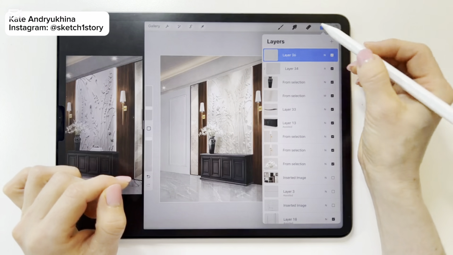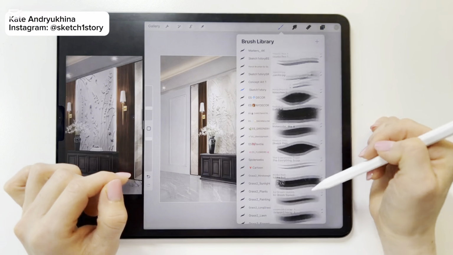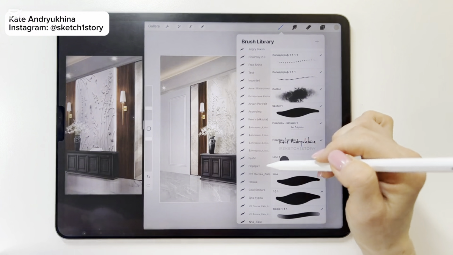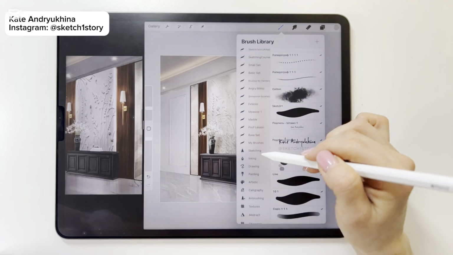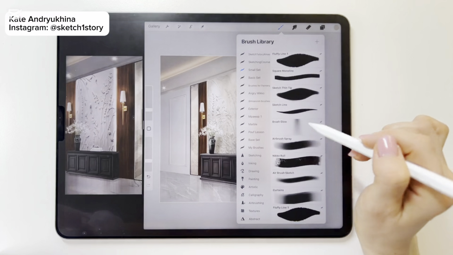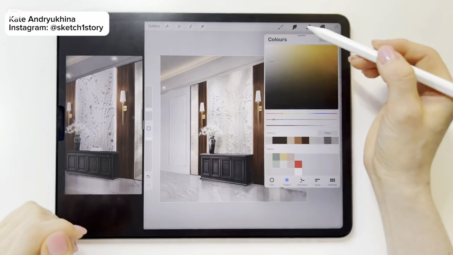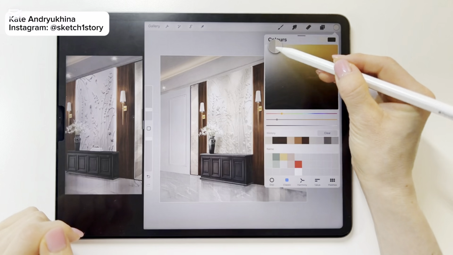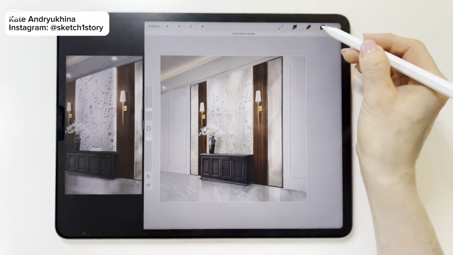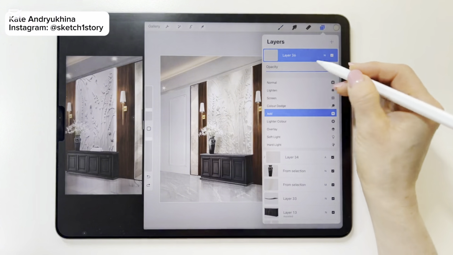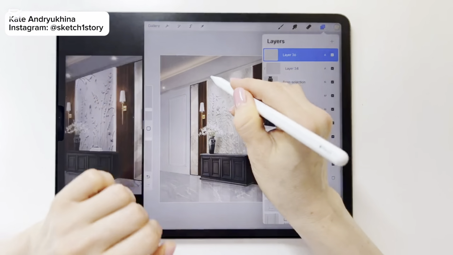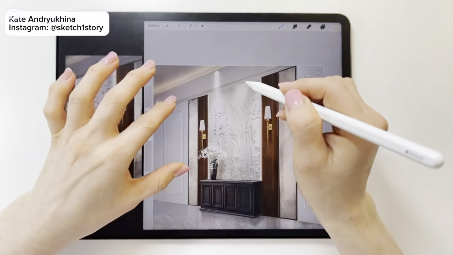I create a new layer, and also in the brushes in your set, you have this brush glow. Let's set this yellow color and let's use add mode for this layer and just tap, and